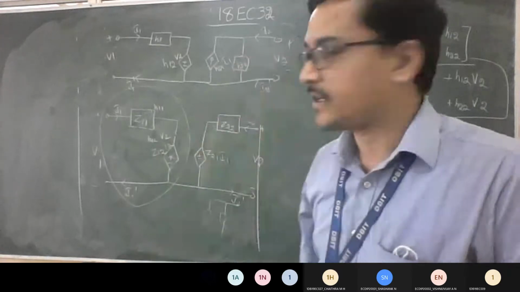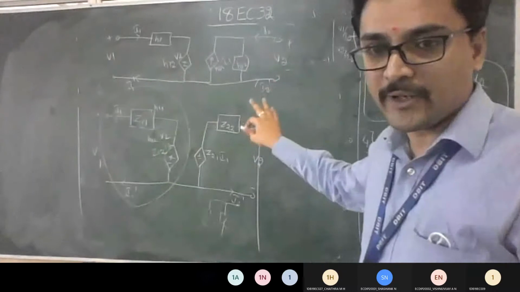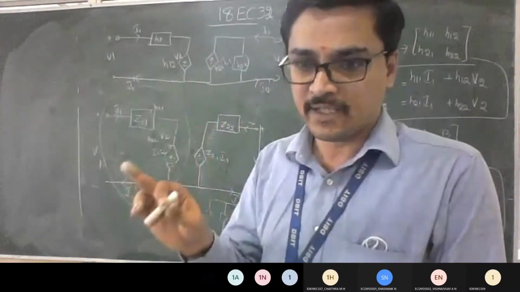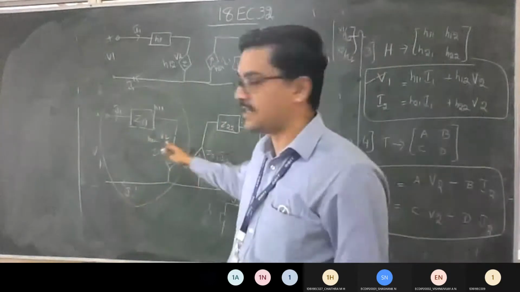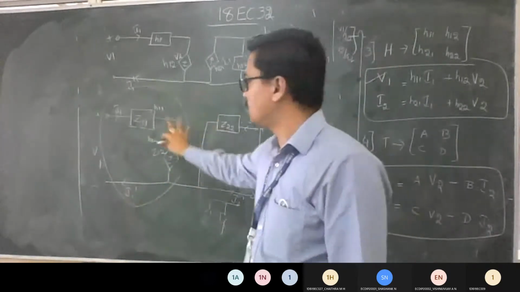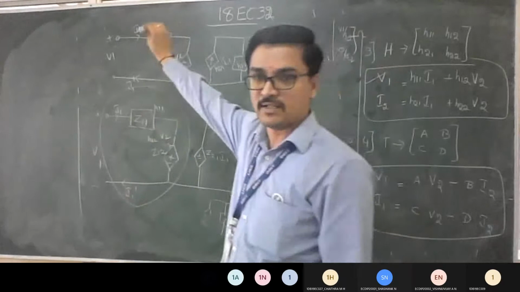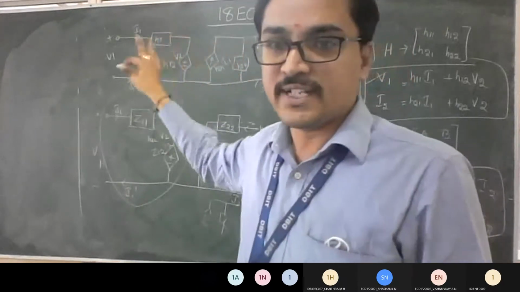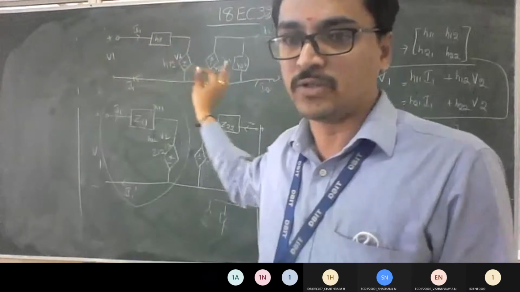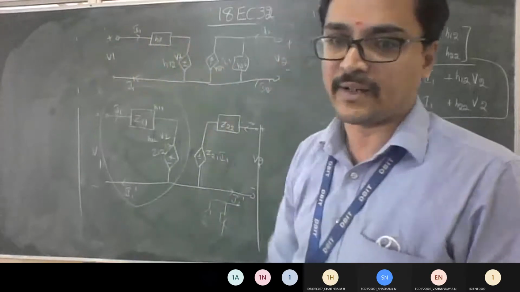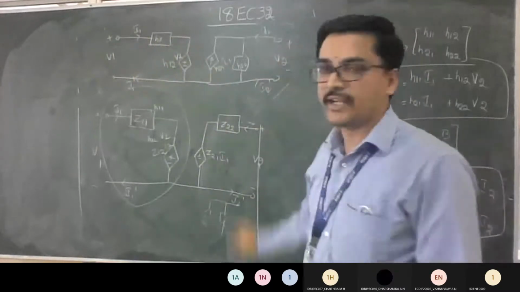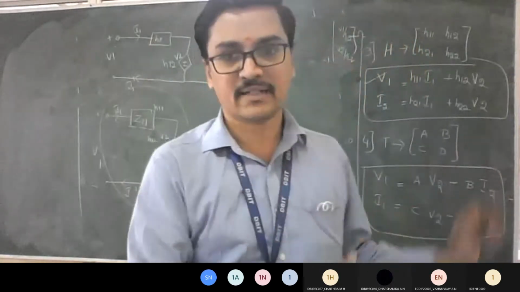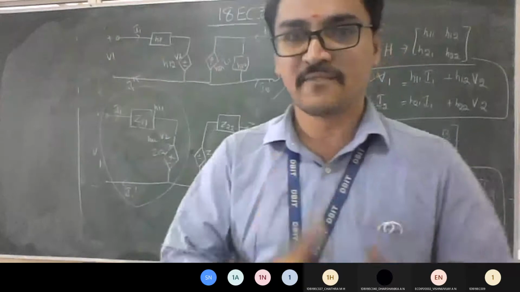No, sir. Okay. So I hope everyone got the way to represent the equivalent circuit for Z, Y, and H parameter. One part I have taken from your Z and one more part I have taken from your Y. That is why it is called hybrid, a combination of both. One side will get voltage, one side will get current. If you write this much, you will get 8 marks. There is no equivalent circuit for your ABCD parameter from which you can directly get the coefficients. Is it fine till here?